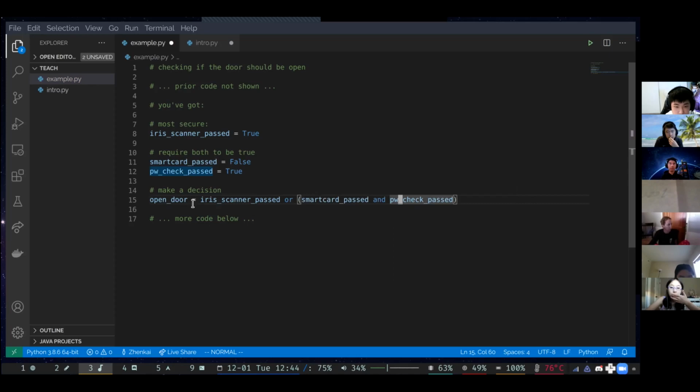So yeah, this is an example of a more complex Boolean expression that uses parentheses. In this case, you don't really need the parentheses because by default, AND expressions will get evaluated before OR. So you can choose to remove the parentheses, but if you have them, it makes the expression clearer, if that makes sense. If you have any questions, you can ask right now.